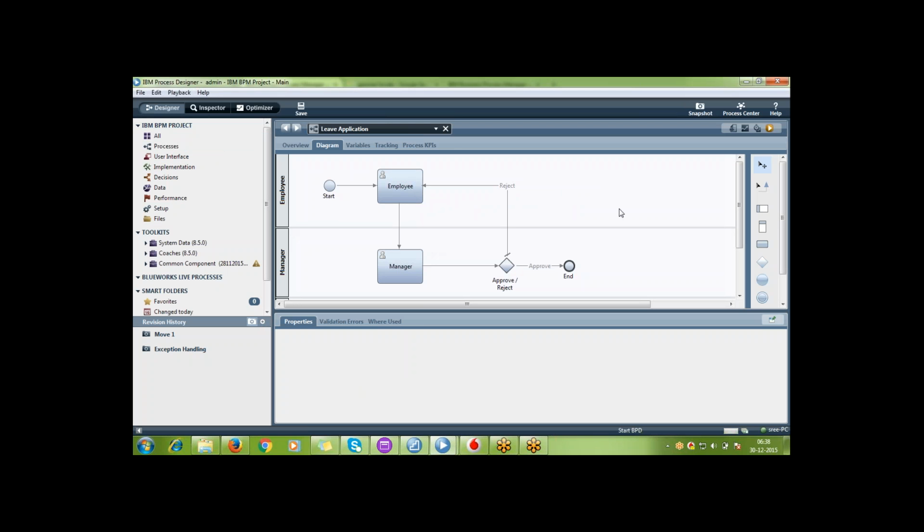When I am trying to run this BPD, where is it actually running? It is running in the process center server. Where is this process center server hosted? Whatever servers you have, process center server or process server, they are all hosted on the WAS. Okay, fine. So whenever you are running something, the administrator can see what you are running,